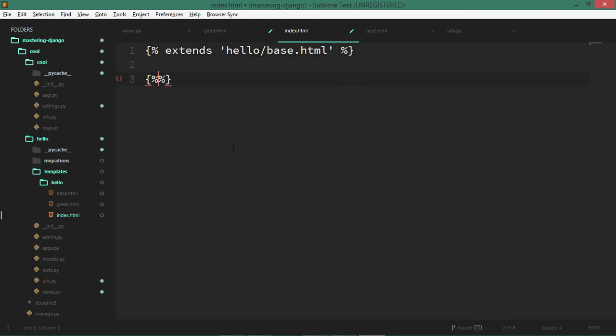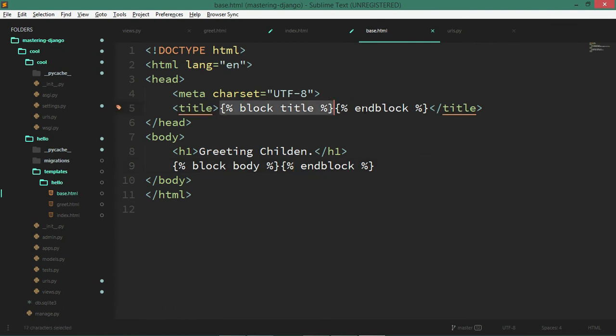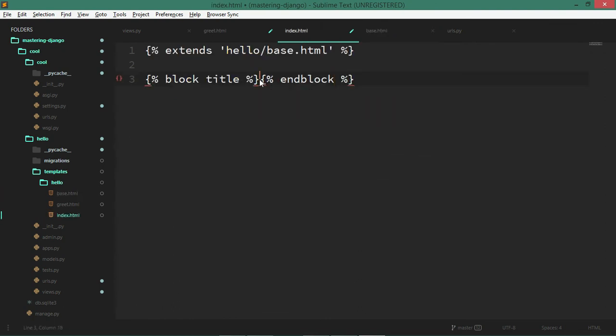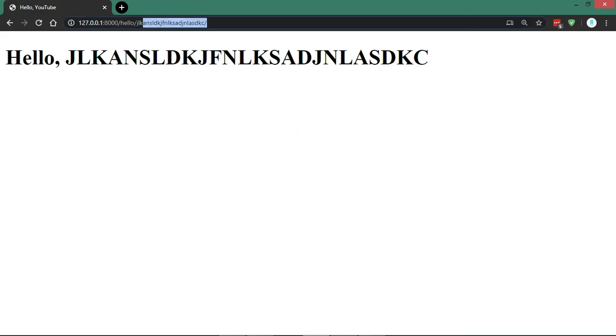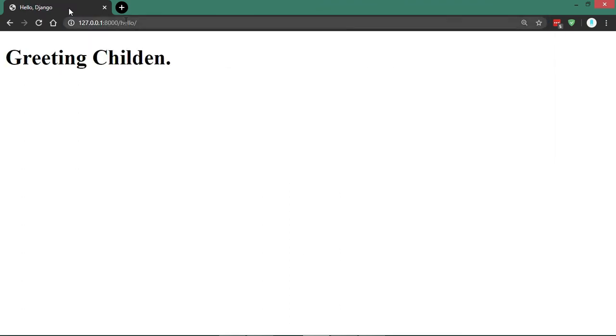Now I can very easily say block title, and whatever I specify inside my block title and my endblock will be copied and pasted right at this place. So I can say something like hello, for my hello Django application. Let's check if it is working. So let's come to my simply hello and it should say the title hello Django, and it says greetings children.